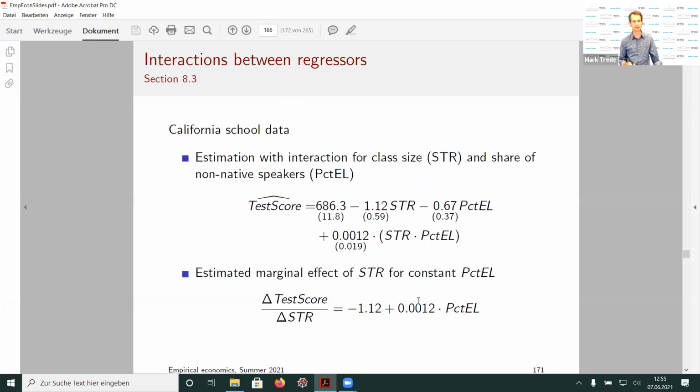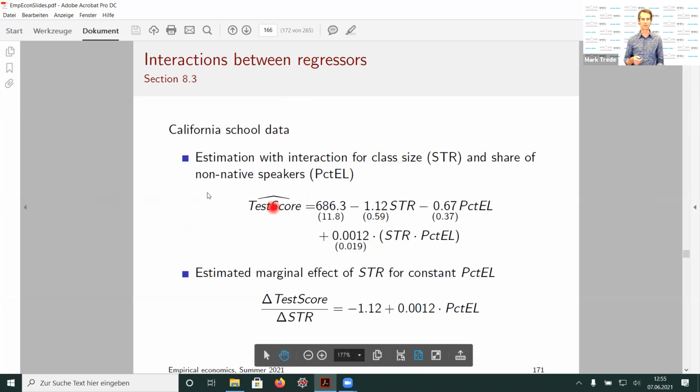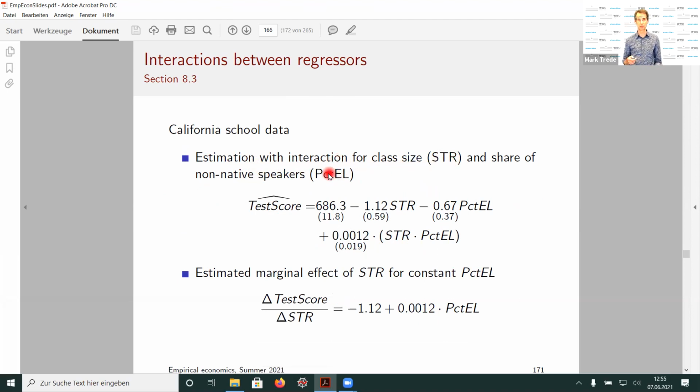Let's do that for the school data set. So we have an estimation with class size on the right-hand side, the percentage of English learners as a continuous variable, not the more coarse version with high or low. So here's really the percentage as a continuous variable and an interaction term. This is what we get as an outcome from the LM command: intercept, first slope coefficient, second slope coefficient, and the interaction term. So the marginal effect of class size on the test score now depends on the percentage of